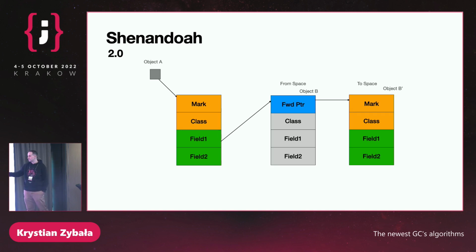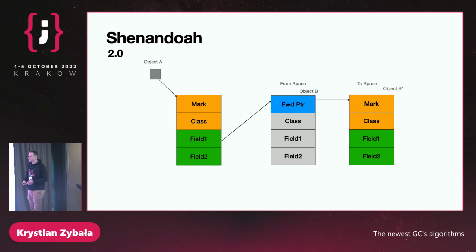example, move an object, I missed one slide. Sorry about that. In Shenandoah 1.0, we have this situation, and for example, we are evacuating an object to the to-space copy. There is the forward pointer like here, but what is more important, in Shenandoah 1.0, the whole body of the object was also applied,